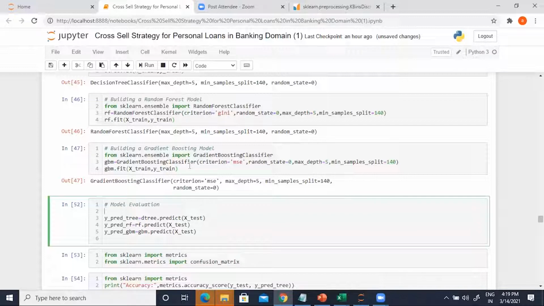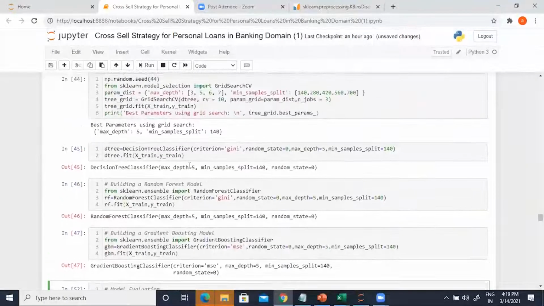Right. Cool. Now, we can select max depth equal to 6 also, right? Yes, you can. There is nothing stopping you. The reason why I did it this way is because I first optimized the parameters for a decision tree, and then I want to increase the complexity of the algorithm while keeping the parameters constant. For example, a random forest is an ensemble of individual decision trees, right? If I'm building a decision tree with max depth 5, then giving a max depth 6 to a random forest will give it a much more unfair advantage.